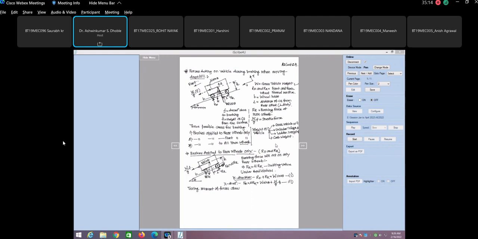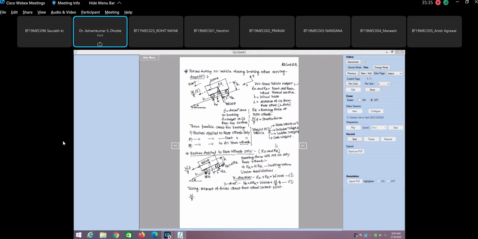That means at this particular point, front wheel contact point is this. So we can write down